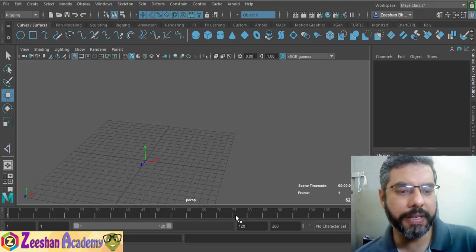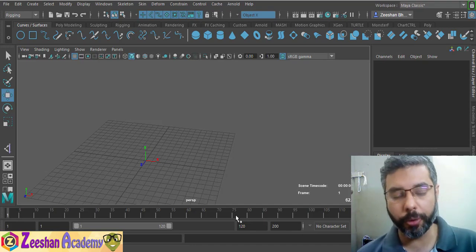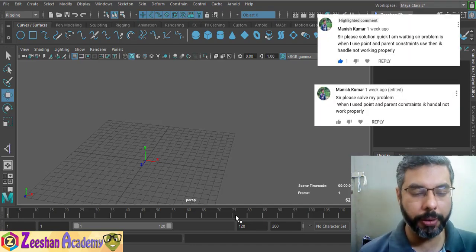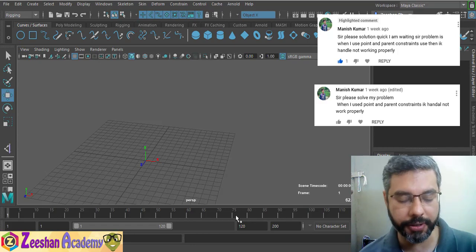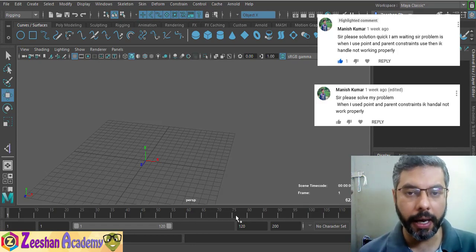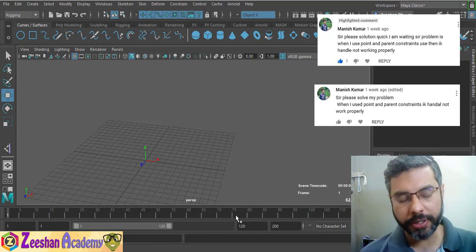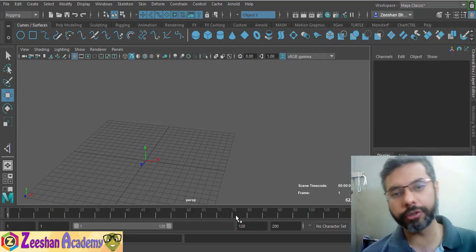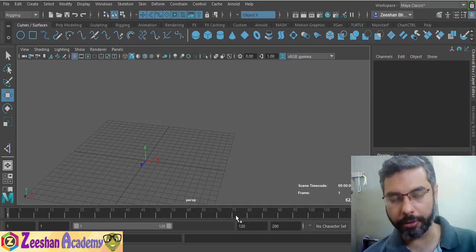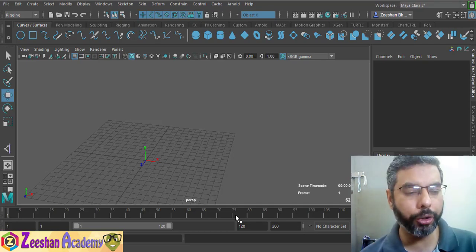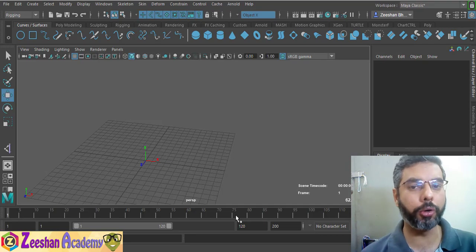In today's tutorial, which is a response to a student, Manish, on YouTube, he posted a few comments, showing on the right side, regarding IK handle and parent constraint. So in this lecture, we will talk about how we can parent constrain an IK handle to your arm, for example, and then use that to constrain it with an IK locator and rotate that. Along with this, I will show you another cool tip of how you can control the forearm rotation.